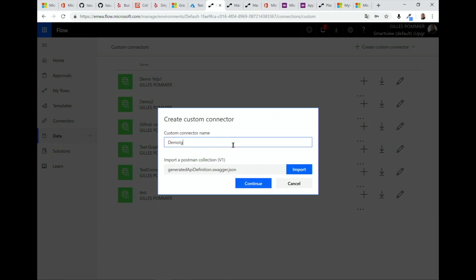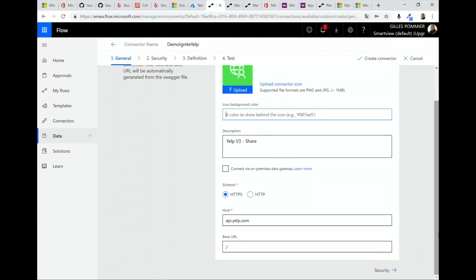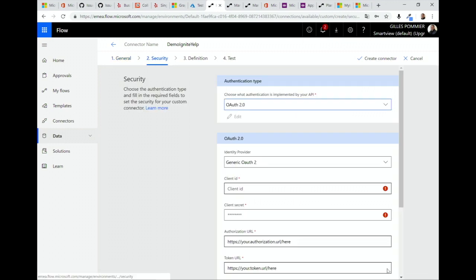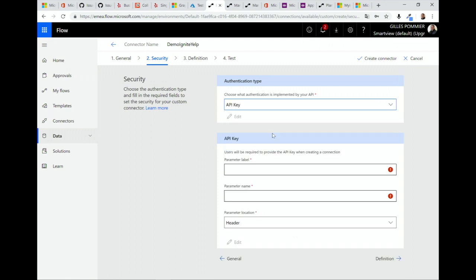Demo ignite help. Continue. Then it will provide the API automatically, so I can put an icon and things like that. If I go back to the security, the security this way will be an API key. I have to provide the key at the connection, so that's why I provide a label here, which will be the key. The parameter name,